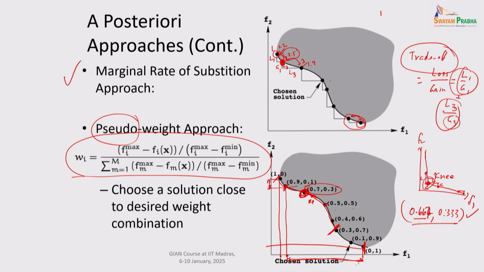But here we are talking about something else. Here we are talking about we've done the EMO or point based method and we have generated a lot of points. Now we are picking. So how do we pick? So this way of doing it is, okay, let me first assign a pseudo weight because this gives us an idea of the importance of each of the objectives, and then I have some target weight in mind and I go and see which one is close to that, and that's the point I pick.